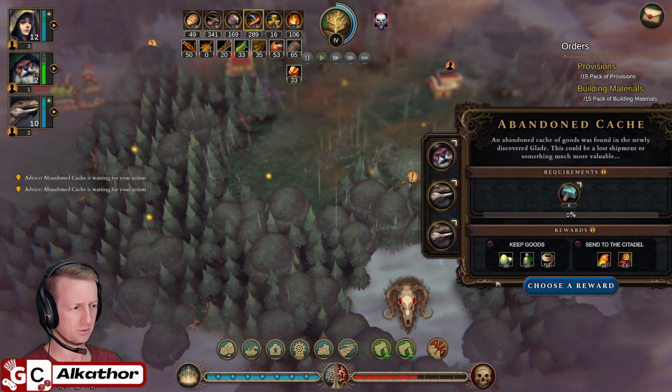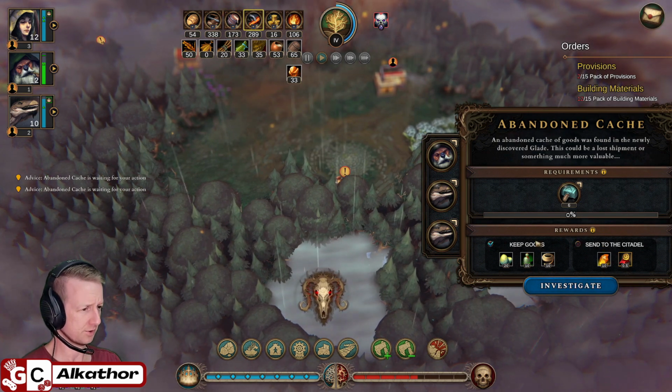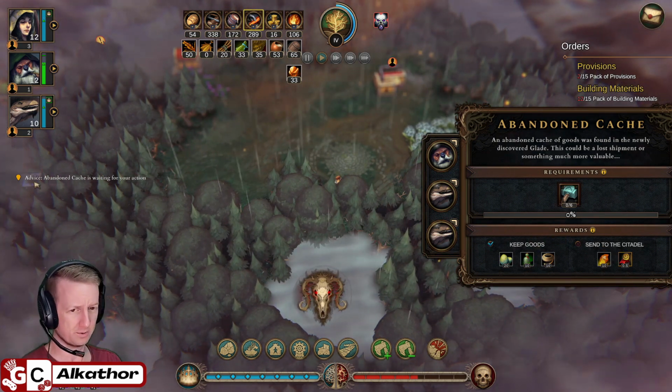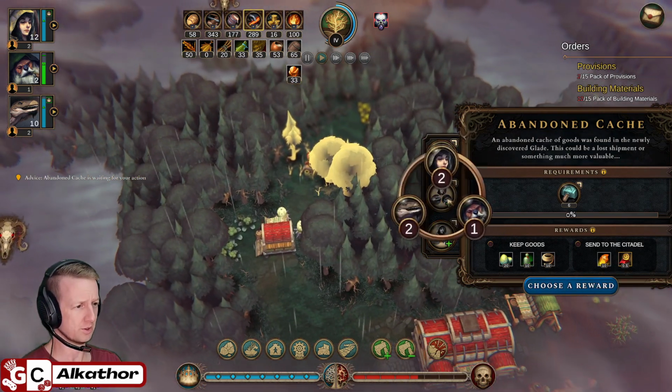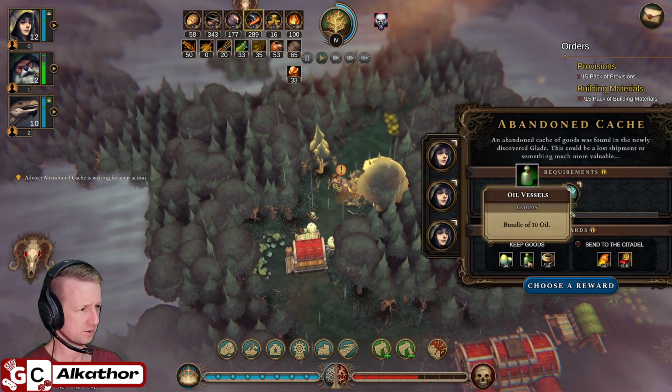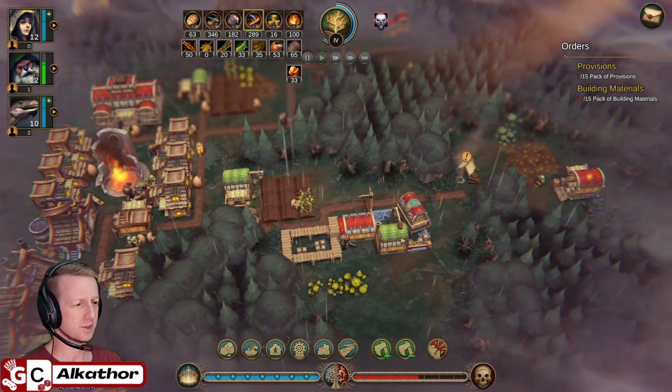This is a bin of cash, so it's... Oh, I haven't picked a reward. If I go sent to the Citadel, am I just going to win straight up? I might just actually win if I do that. Yeah. Let's just try it. Okay. Now, we've got...